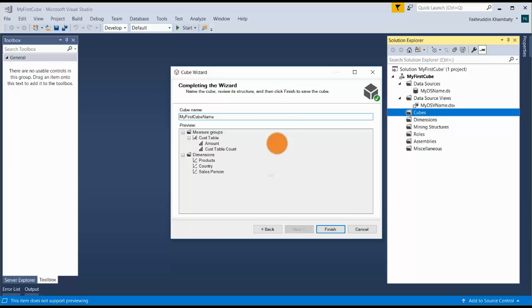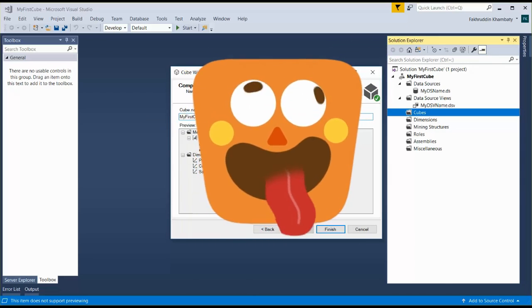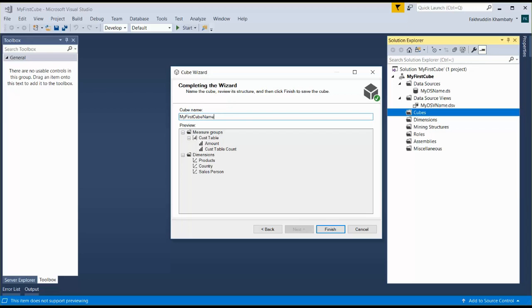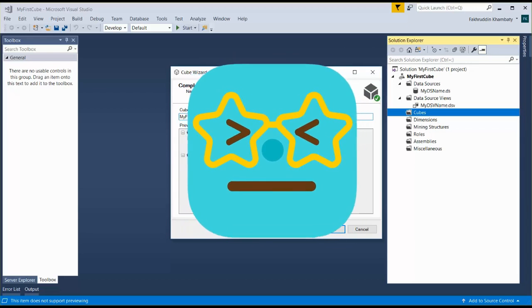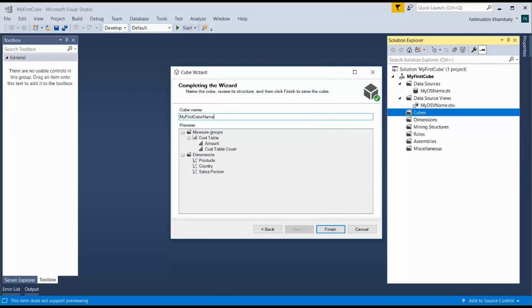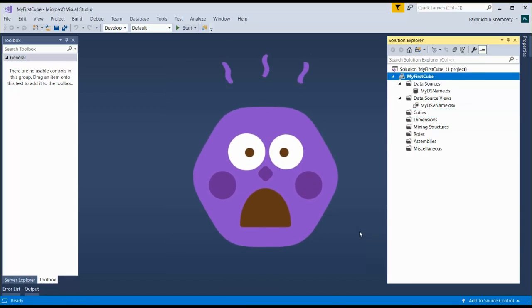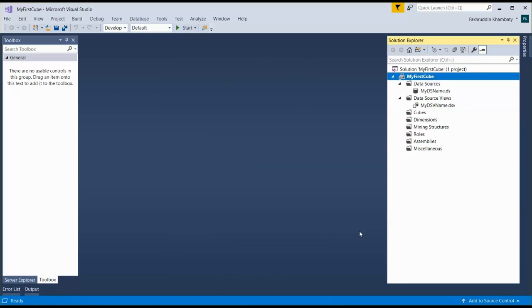But wait, you are confused. You have heard about measure groups and dimensions for the very first time. What I have done in the past 10 seconds, I'm assuming you have no idea about it. So I'm going to cancel it because there is a mismatch in the understanding over here. Now I will help you focus on the measures and dimensions. I'll teach you about what they are.